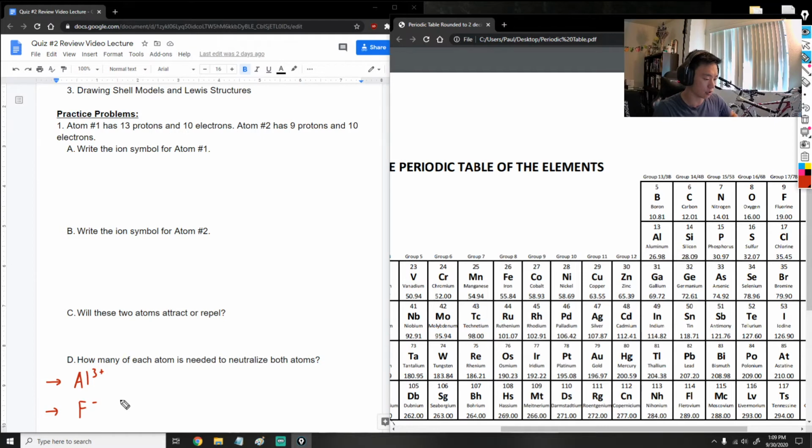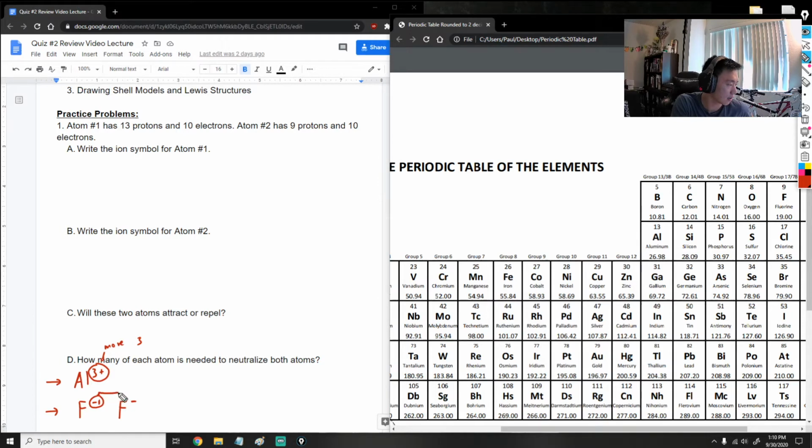All we need to do is figure out which one has more energy, positive or negative, and try to balance that out. If you look at the numbers, Al is 3+, it's +3, and F is just negative, it's -1. So which one has more electrical energy, the positive or the negative? Hopefully you said that the positive has more energy, because the number is bigger. It's 3 versus 1. So we're going to have to add more negative in order to balance it out. If I add another negative, F-,